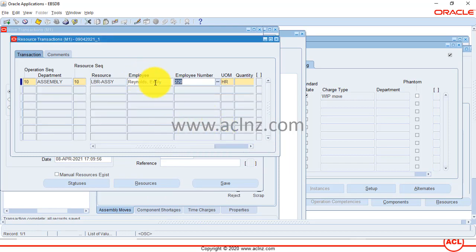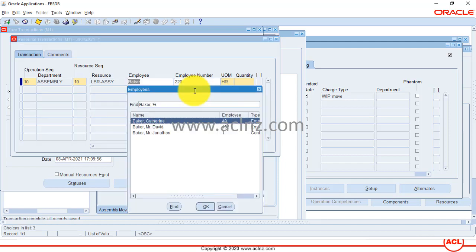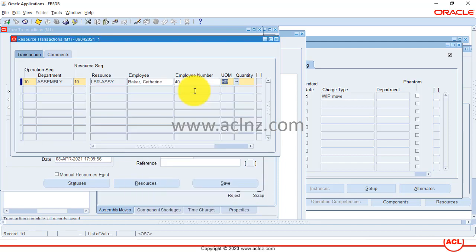Okay, so some labor rate you've got to define. Okay, this is better. I say quantity of 1,